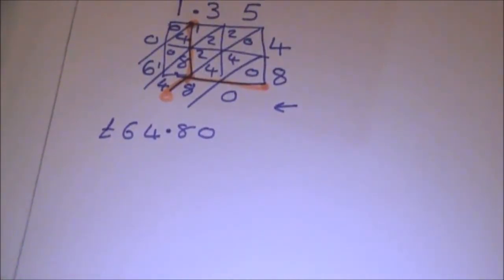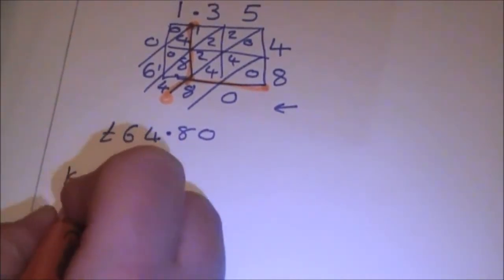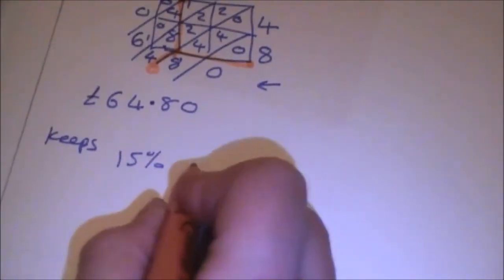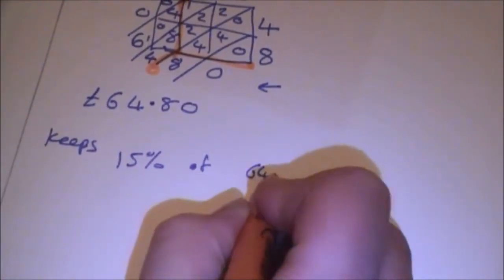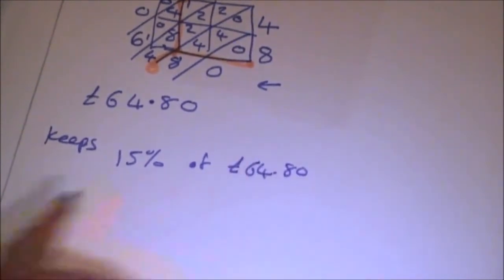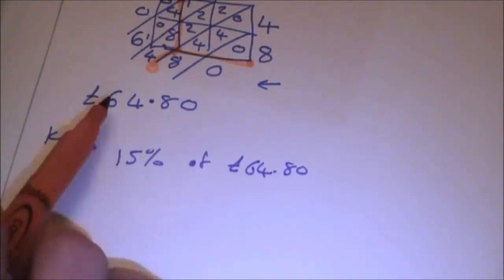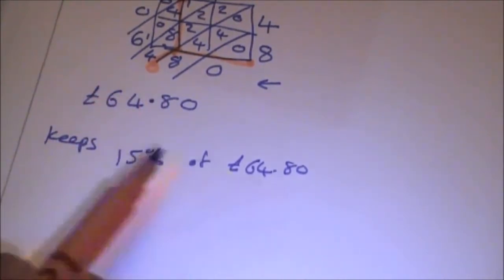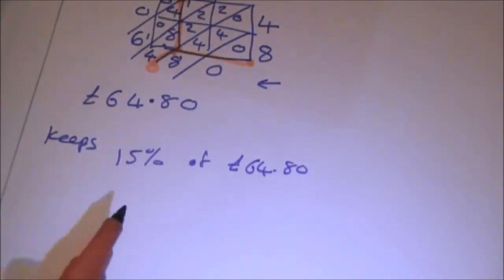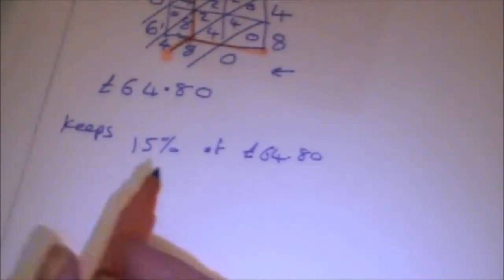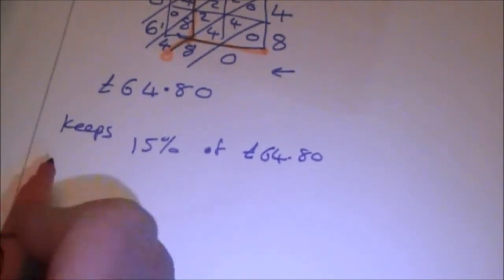Now she keeps 15%, so she keeps 15% of £64.80, and I'm just setting it out like this so the examiner can see exactly what it is I'm doing. If I've got the wrong answer up here, then maybe he'll give me some method marks here. So in order to find 15% of something on a non-calculator paper, I need to first of all find